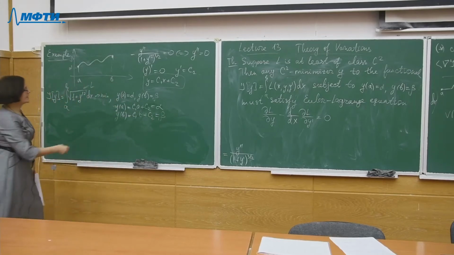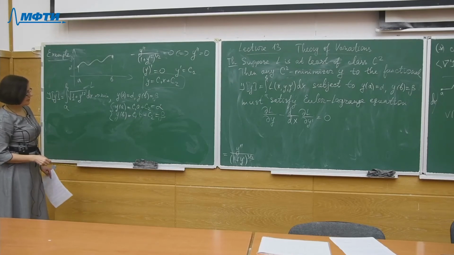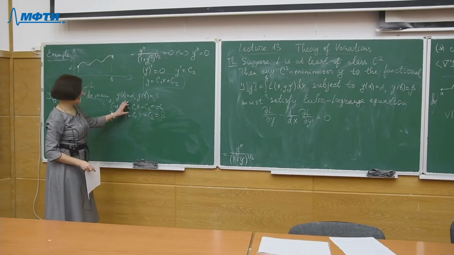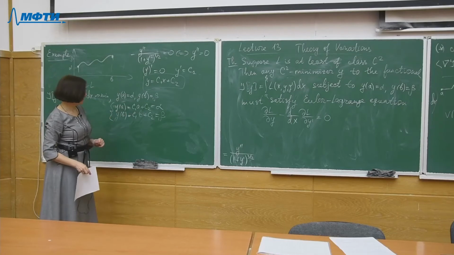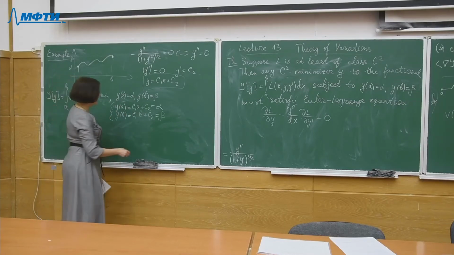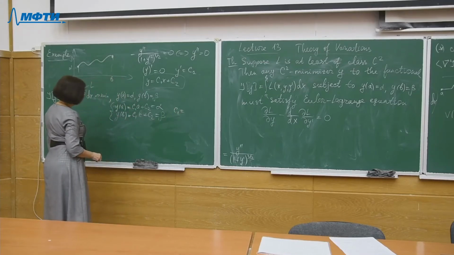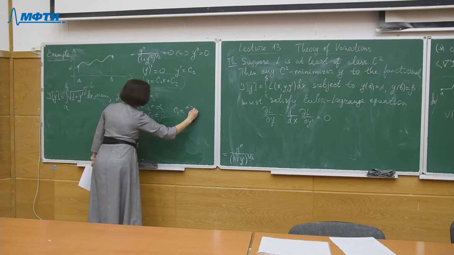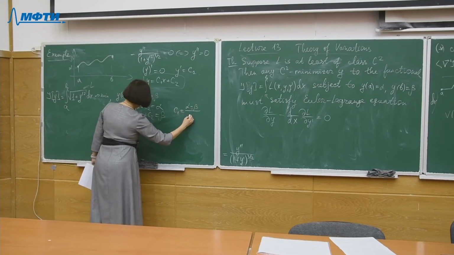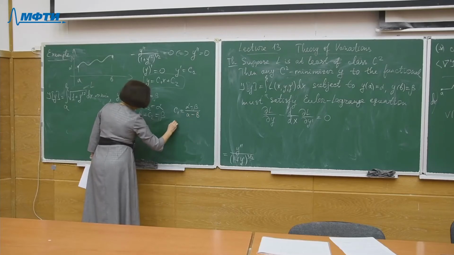And these simultaneous equations will give us c1 and c2, yes? What is c1? If we subtract, we will get alpha minus beta over a minus b, and c2 is